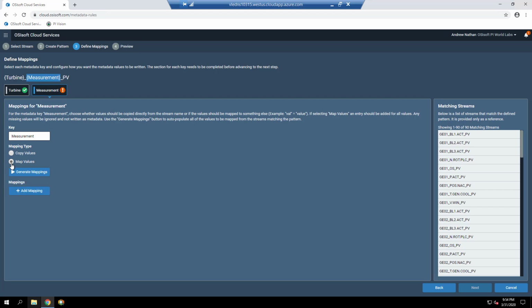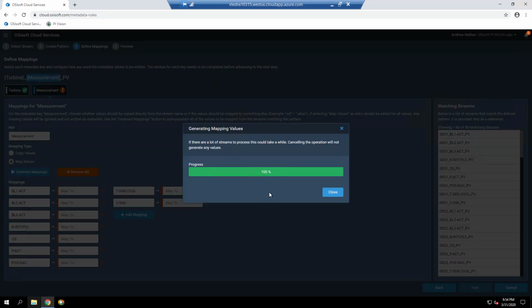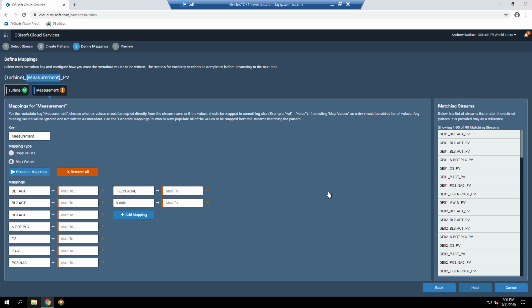Since each wind farm data stream has a different measurement type, the Generate Mappings button needs to be clicked to generate all the key value metadata pairs to be mapped from the streams matching that pattern. This mapping type means that the metadata key values will be mapped to something other than the stream name section, i.e. Blade 1 actual value for BL1.ACT in this example. Any missing values will be ignored and not written as metadata.